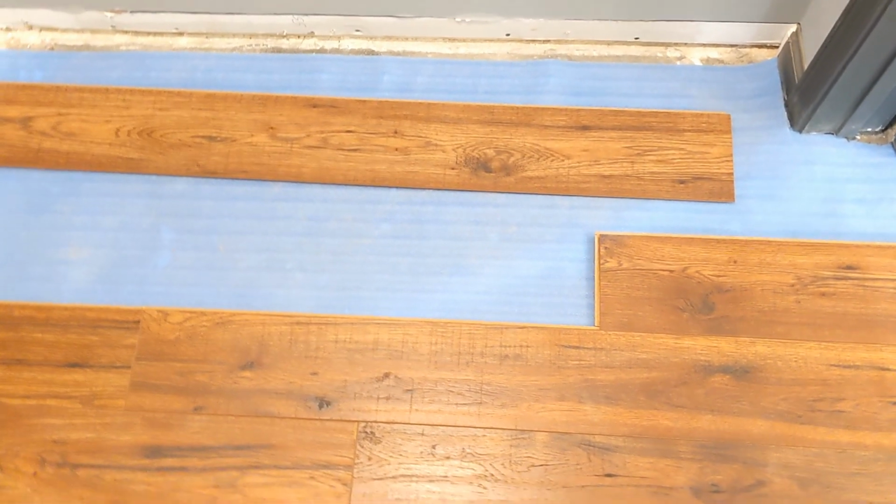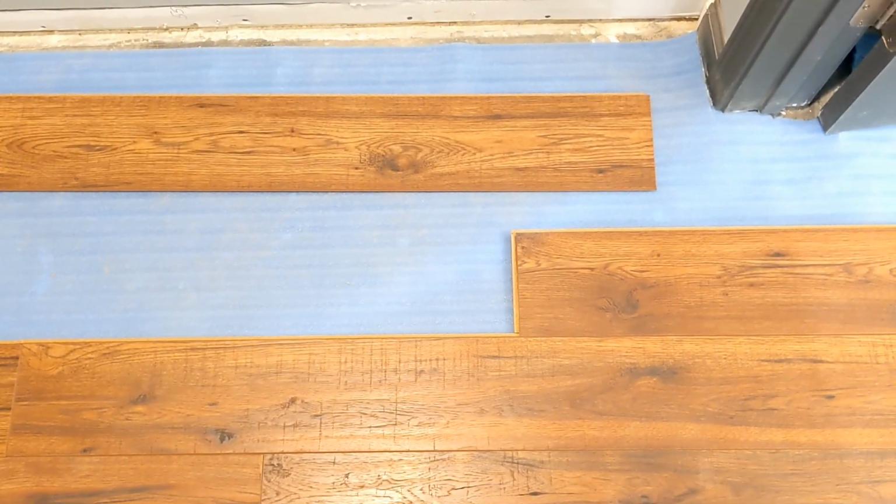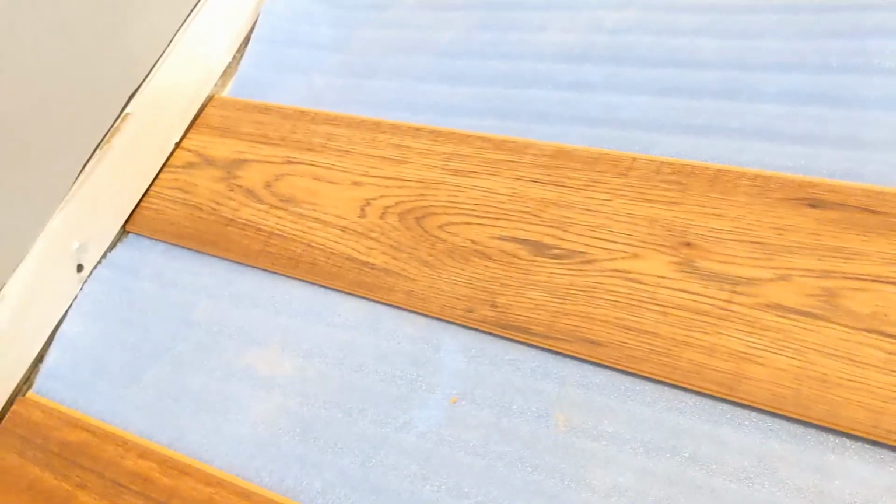Okay, to show you how to end one of the rows here, what you find when you get up to the wall, obviously your pieces aren't going to be the right length. In this case, it's too long. What you need though, is you need this edge to go flush against this edge because they snap together. So what I found the best way to do, rather than try to figure out where to cut it down there, if you just flip this over,